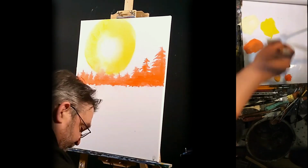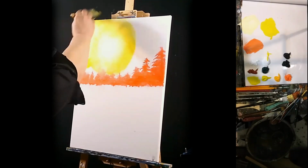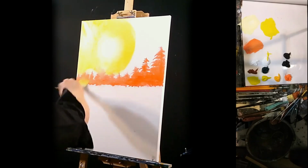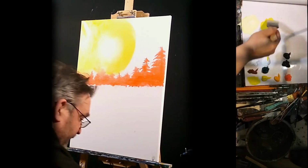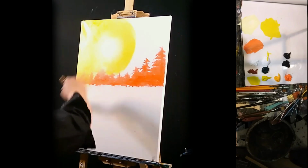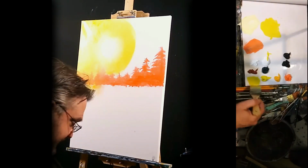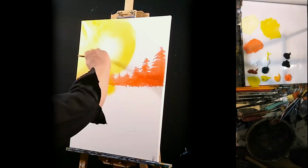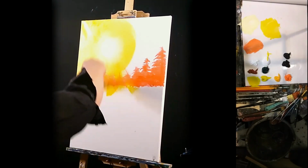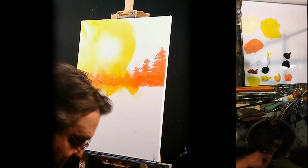A little more lemon yellow. I think I want a little more of that lemon yellow around the edge here. Really brilliant. And we're kind of, again, pulling it down over those trees to soften them out. If you get a few streaks of color in there, don't worry about it. It just kind of adds to that misty look in the sky. Just make sure you're pulling in the direction of that sun. Let's get a little more